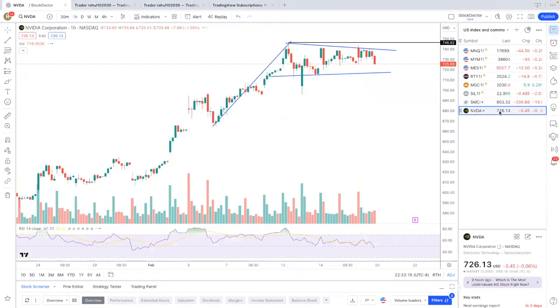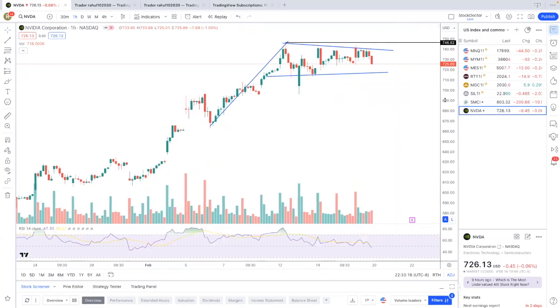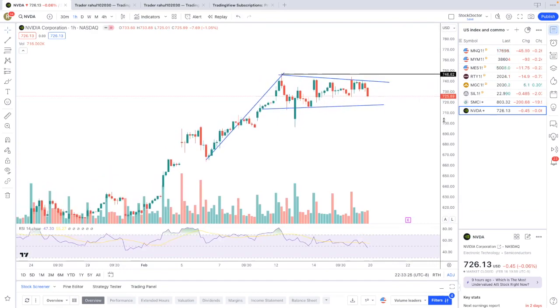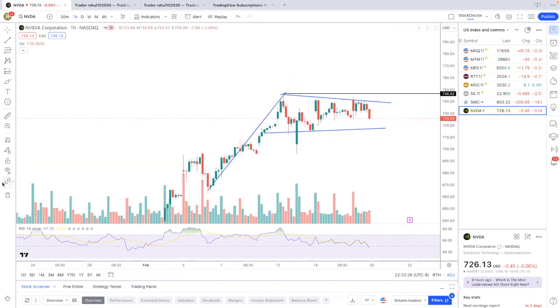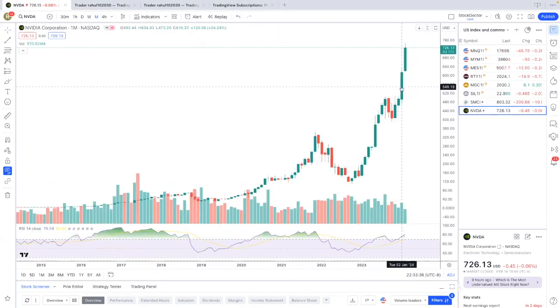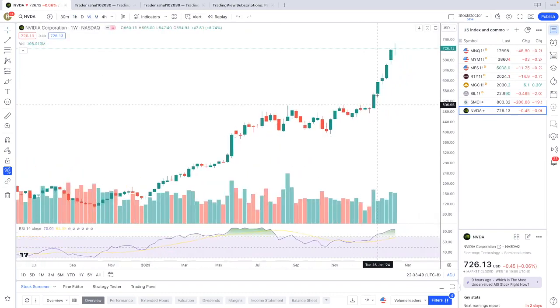NVIDIA is reporting on Wednesday, and the entire market is looking for the result of NVIDIA, because NVIDIA has a very good weightage in all these indexes. So let's see the chart of NVIDIA on the monthly time frame. So this is the monthly chart. You can see here in January it was up by 25%, and in this month it is up by almost 18%. And if we see the weekly chart, this is the weekly chart,